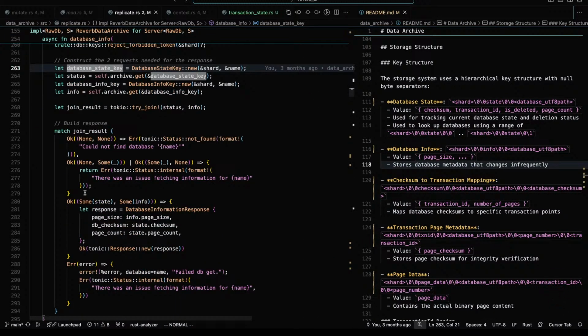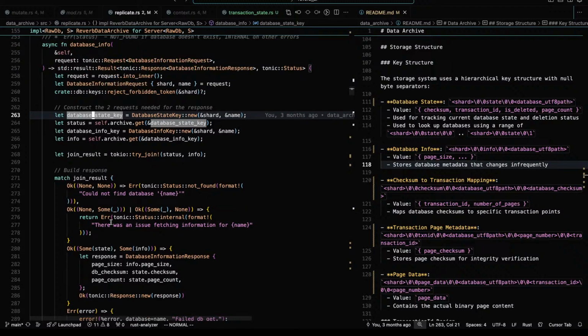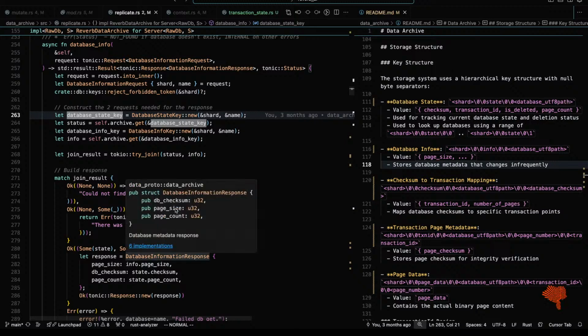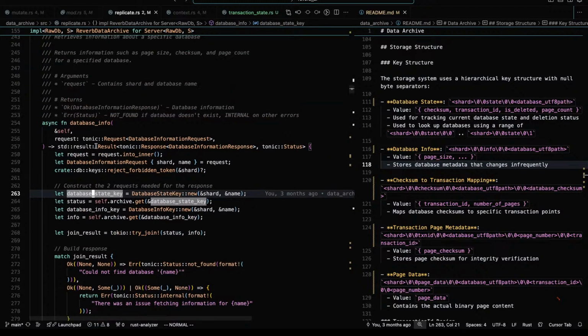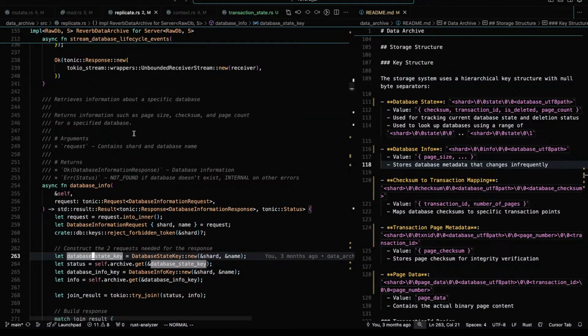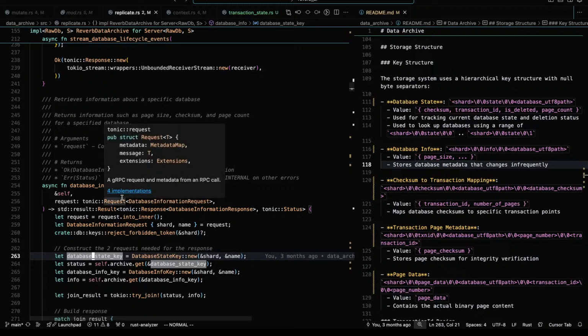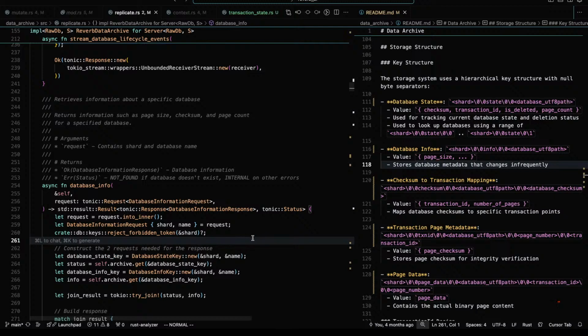Fetch them, and we return a database information response, which has the page size from that. Okay, I see. This is for fetching the current state of a database.